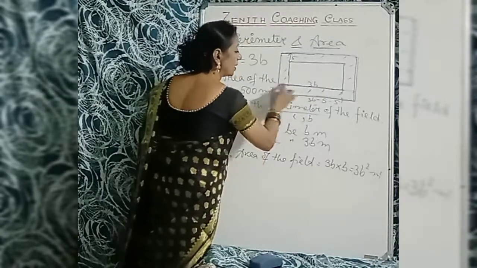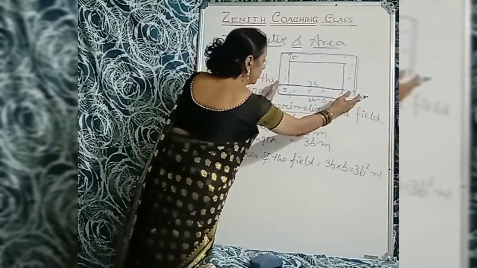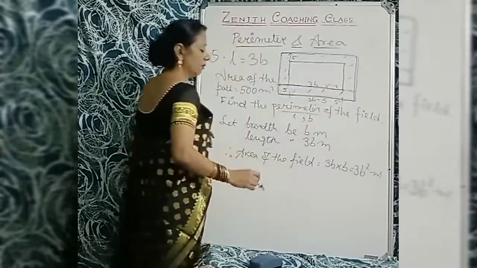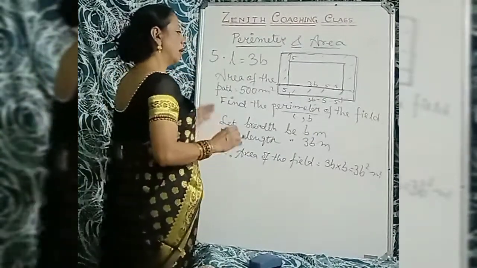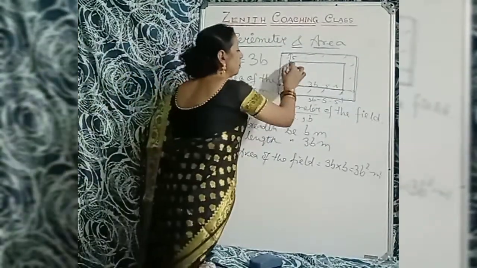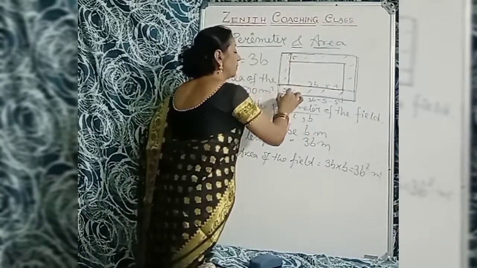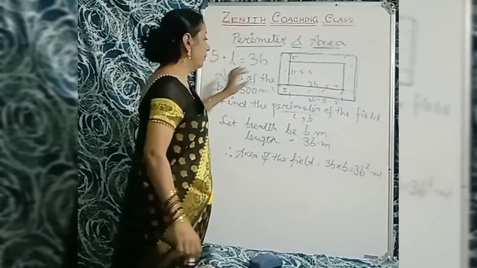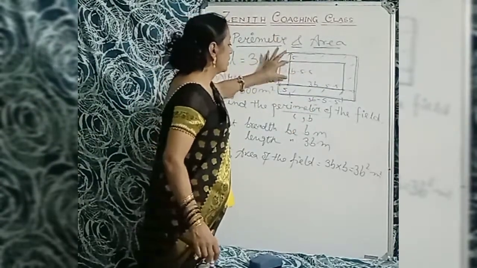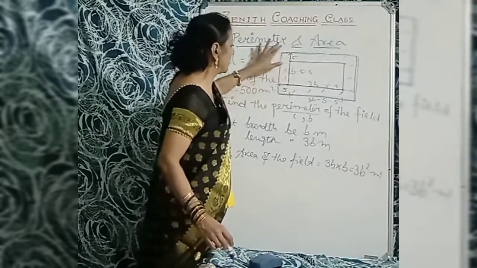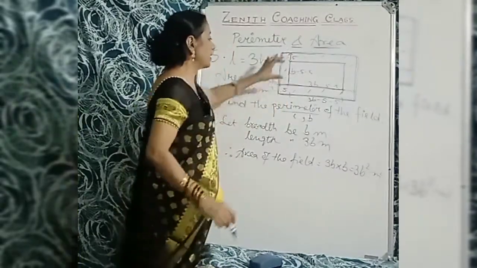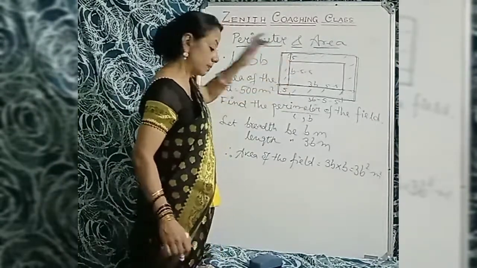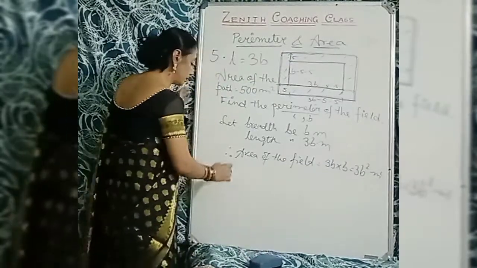So it is 3b. Okay. So it is plus. So I have done it 3b. So now it is minus 5 and here, it is minus 5. Okay. So length is 3b minus 5 minus 5. And breadth is also, breadth is b. So here is minus 5. Here is minus 5. So breadth is b minus 5 minus 5. Understood? Because b plus 5 plus 5, that is the total b. So in case of inside, that is b minus 5 minus 5. Okay. Understood?